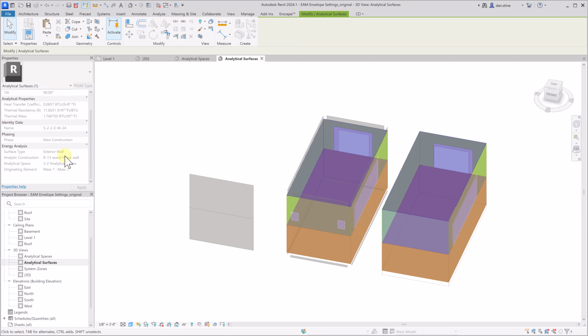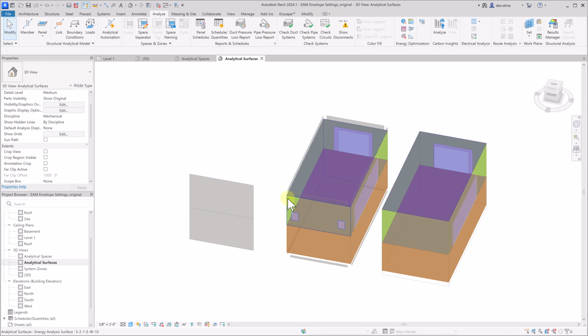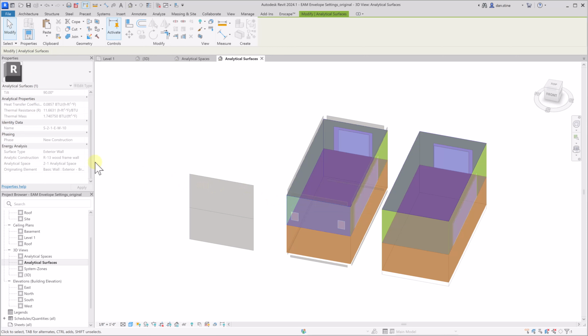If you look at the properties for this thing I just selected, its surface type under energy analysis is exterior wall, and it has an R13 wood frame wall type. If I select the Revit Elements model, it's the exact same thing. So it doesn't matter if it's a Revit wall or a Revit mass element, the vertical surface becomes